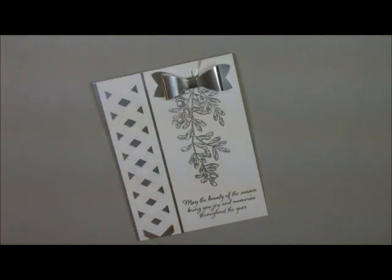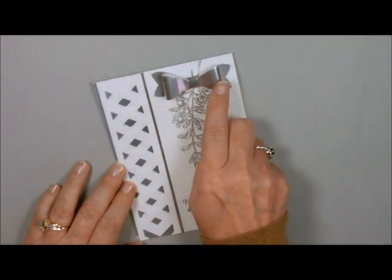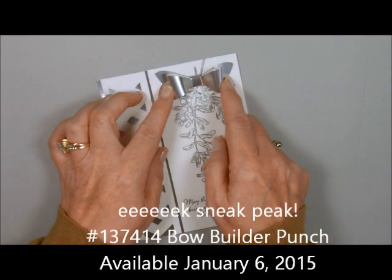This, like I said, is a very elegant card. It is done with silver embossing. It is done with silver foil paper, and I'm giving you a sneak peek at one of our brand new